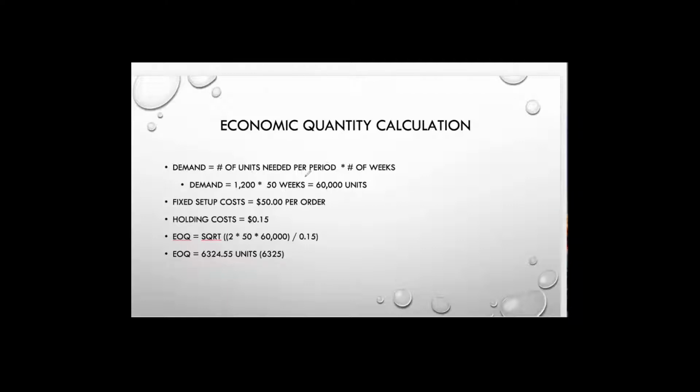So the demand is 1,200 per week. Okay, and then 50 weeks in a year, and 1,200 times 50 is 60,000. So that's where 60,000 comes from. And then we divide it by our holding cost, which is 0.15. So if we do the EOQ, it comes out to 6,324.55. Now, you can't ship a partial unit, so you're always going to round up because you always want to